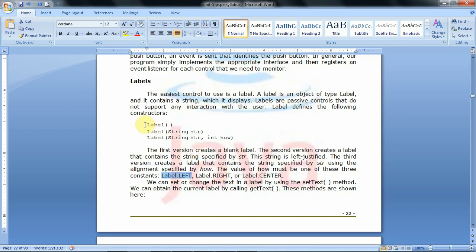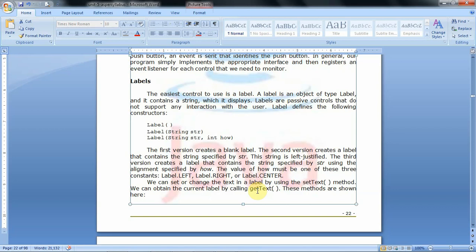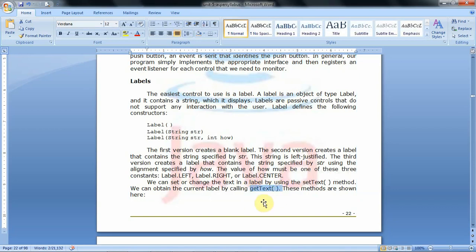Suppose I create a label object by using the first constructor, and after some time we want to add the text. For that purpose we have the method called setText. This is used to set the text, or to modify the existing text. Suppose you want to know what text that particular label contains, for that also we have the method getText.